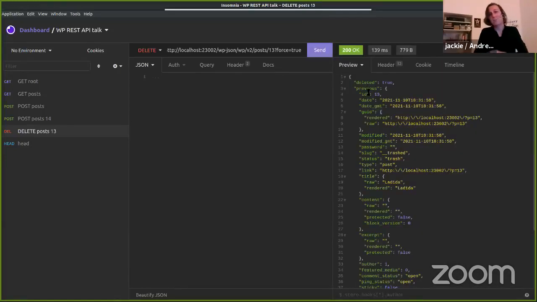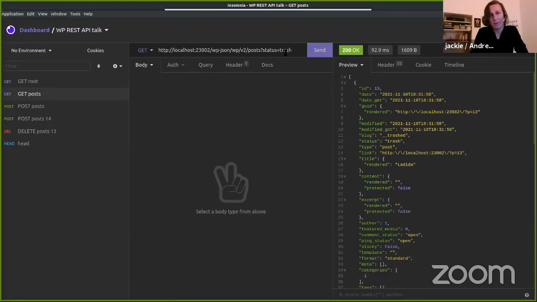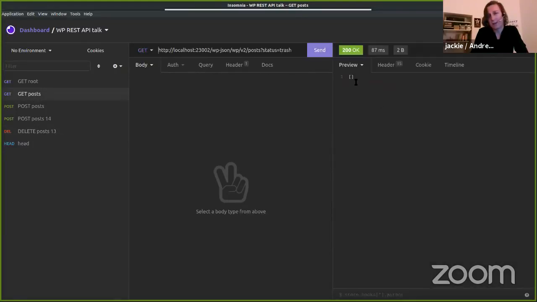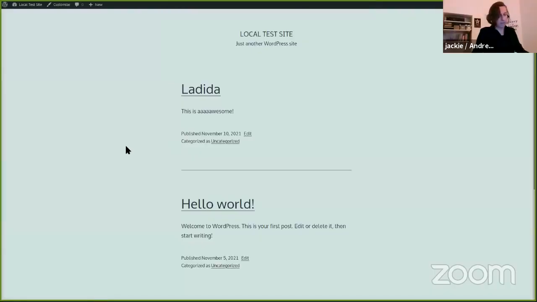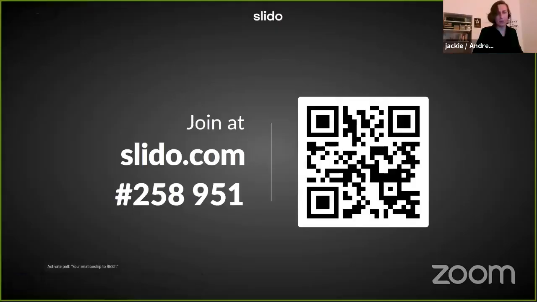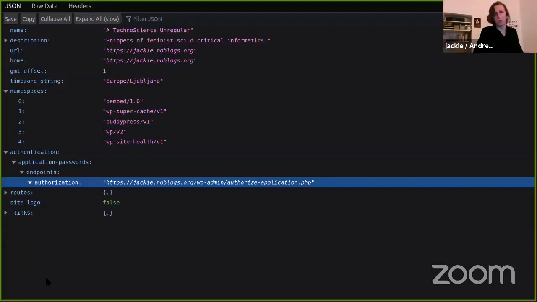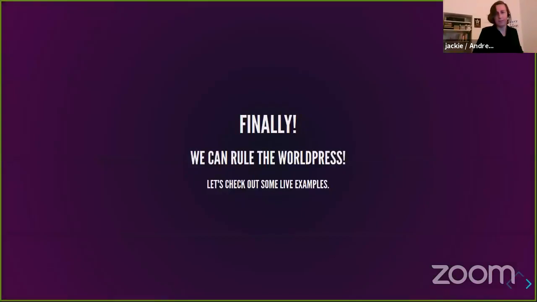Yes, now it gives me back the same representation, but inside the previous property, and it says deleted true. So now the article with the ID 13 is actually really gone. So if I do the GET again with the trash filter, I get back an empty list. So yes, we have created posts, we've changed posts, we've deleted posts, and that is basically what I wanted to show you. Let's get back to the slide.